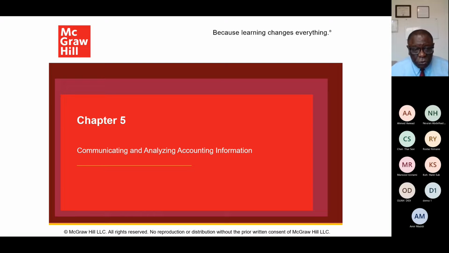The first thing I want you to know, users of accounts, the external and internal users. And now item number 2 for you to focus on will be functions, mission, and task. All that will be in chapter 5, communicating and analyzing accounting information.